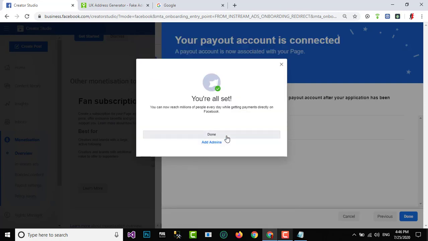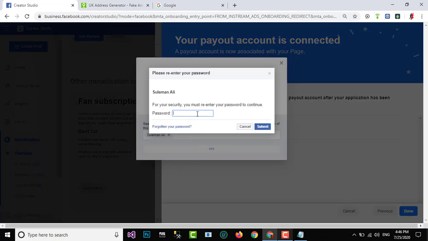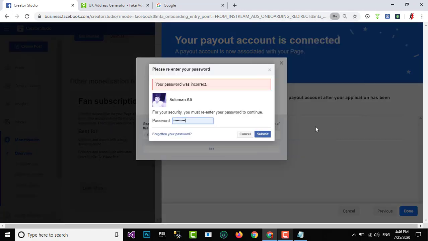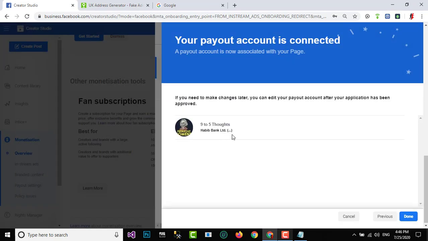It will review the details. I changed my name and date of birth, and if you want to add admins for the payment information, then you can add them from this option. Let me do it for you, but I did not add anyone, so just click cancel.